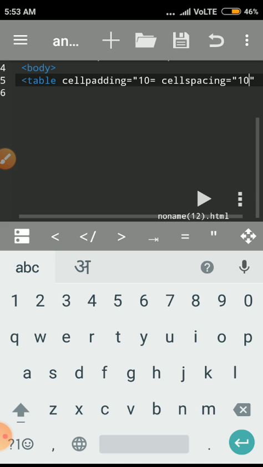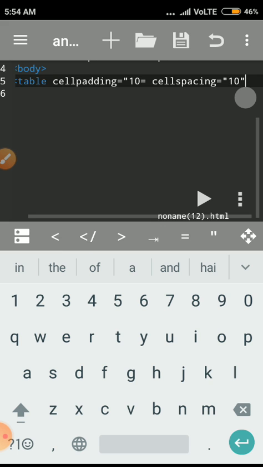According to the number it will set the distance between the two adjacent cells. Okay, and close it.